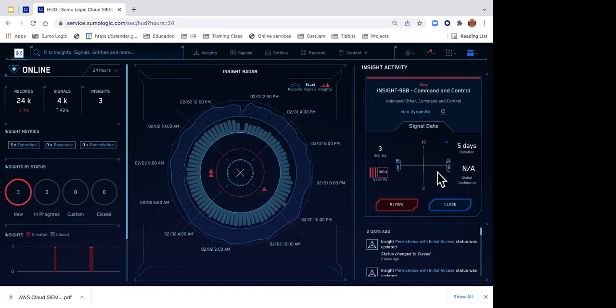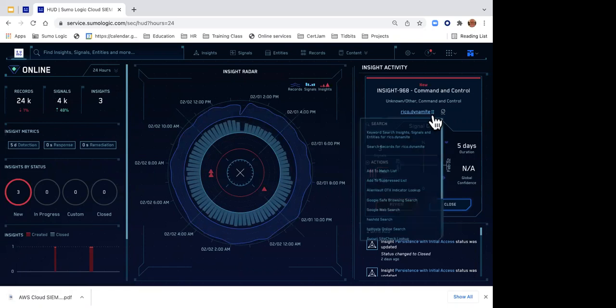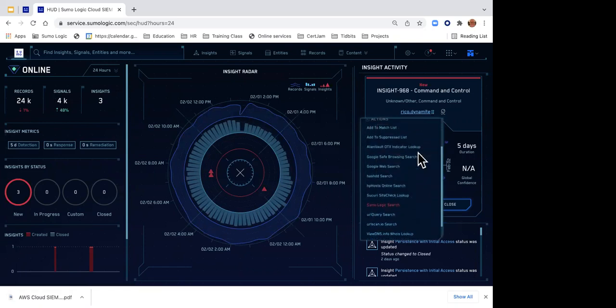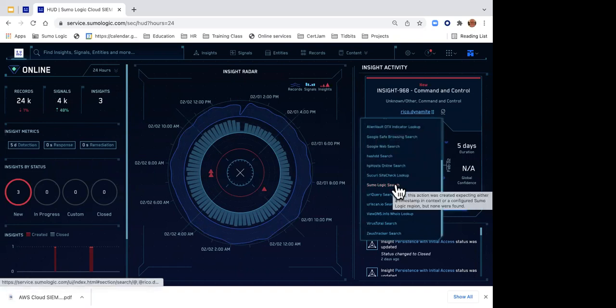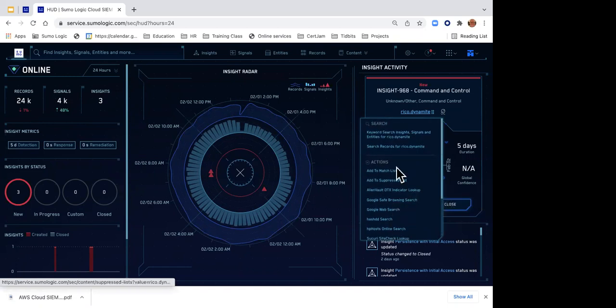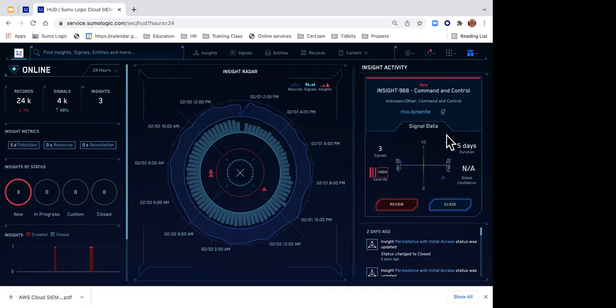Over here on the far right, this is my latest insight. And again, on this little crosshair here, it shows me across my x-axis some time, and some intensity score values here on my y-axis. But I can see that this particular insight is all about a username known as Rico Dynamite. And you'll find in this product, by the way, we've got a bunch of these context action buttons. I can click on these context action buttons, and you'll see I can do a whois lookup on them. I can do an internet search on them. I can send it out to Sumo Logic search to see what's going on within Sumo Logic and see if they're there and what other systems they've been playing with besides our security logs.